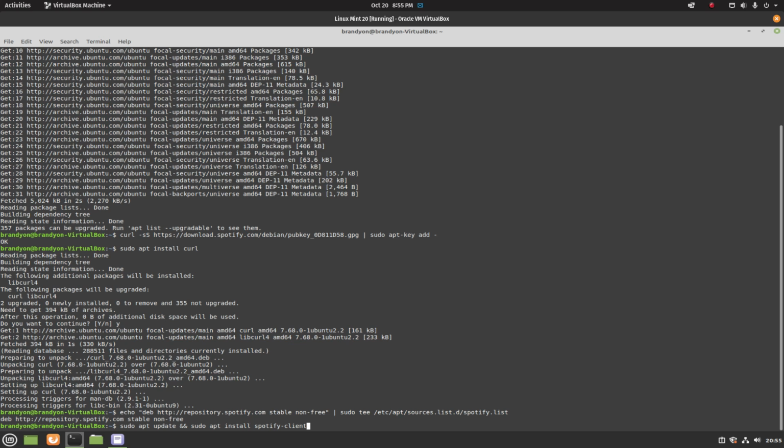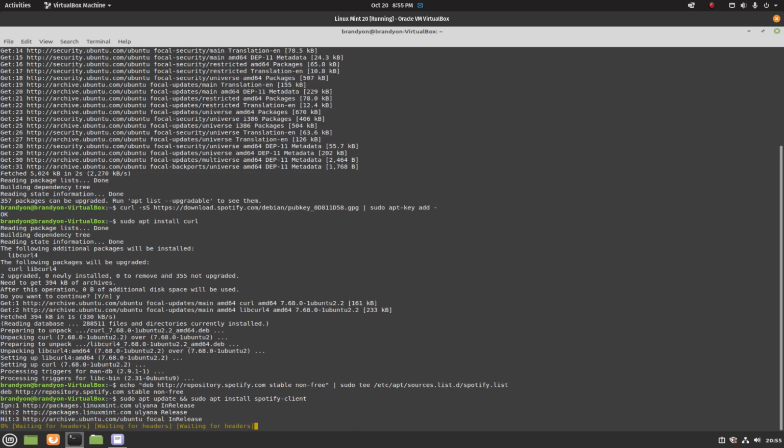This is very similar to the way a script would run, just a little bit differently. We're just running multiple commands versus putting a script together. So let's go ahead and hit the enter button